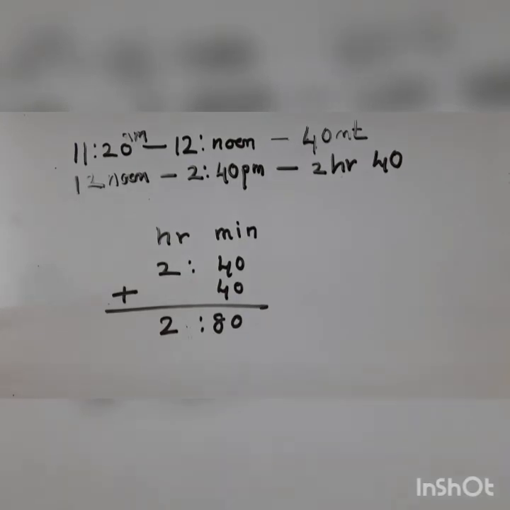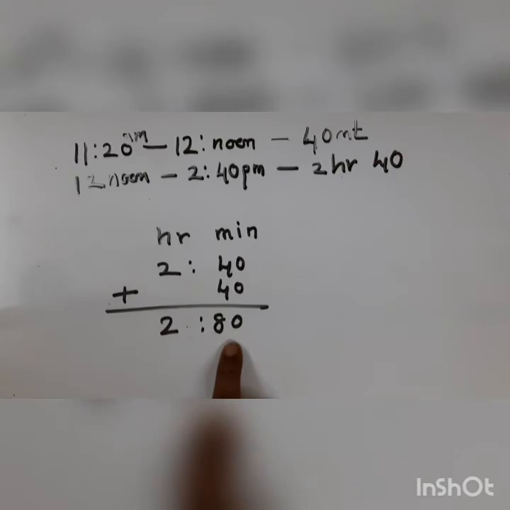Now children, tell me what you will do. I told you in the beginning. Just look at the sum and tell me what you will do. Come on. You may pause the video or go backward to the beginning where I explained something. Think. Look. Can you see, children, this 80 over here? So it's more than 60. So what I have to do, children? What I need to do?